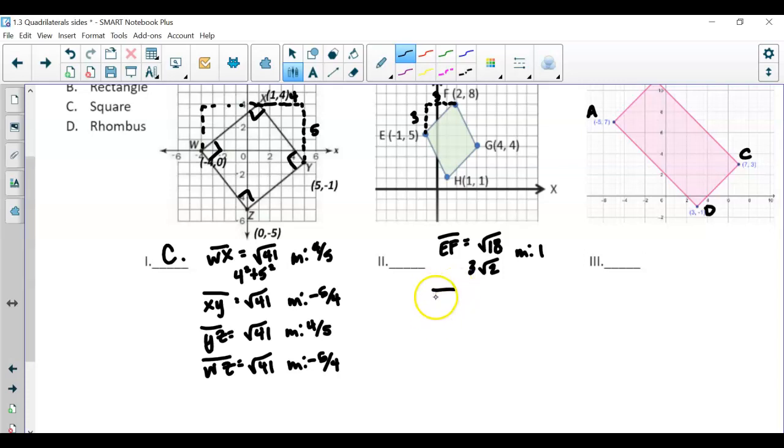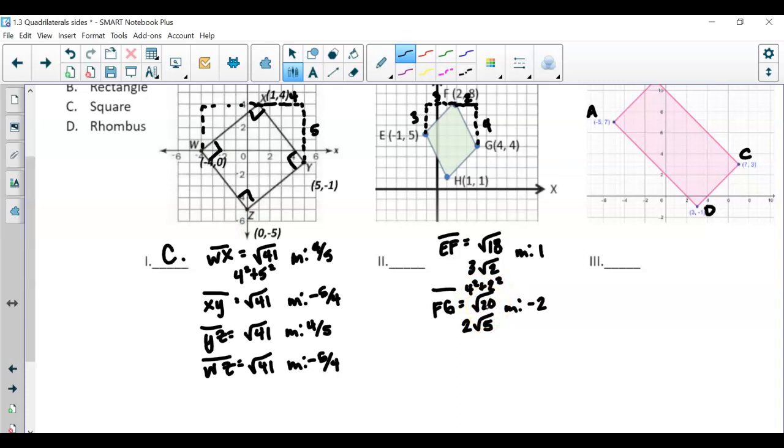Then here you should have gotten side FG, which was the square root of 20. For those who simplify, 2 radical 5. Then the slope is -2 because again, now you're going down. So the slope is negative with a rise of 4 and a run of 2. So you have 4/2 making -2. And also for that side length, you have 4 squared plus 2 squared, which gets you that 20 and then